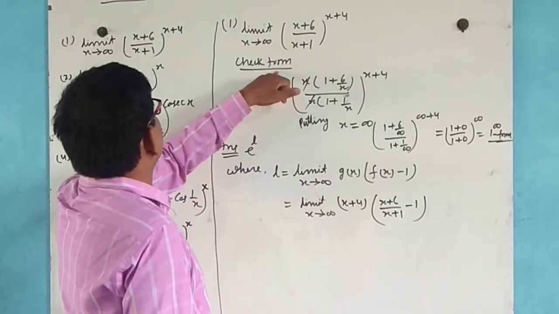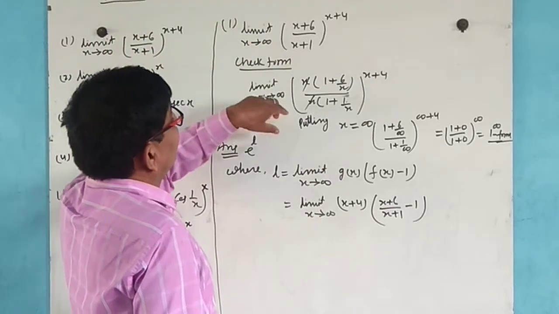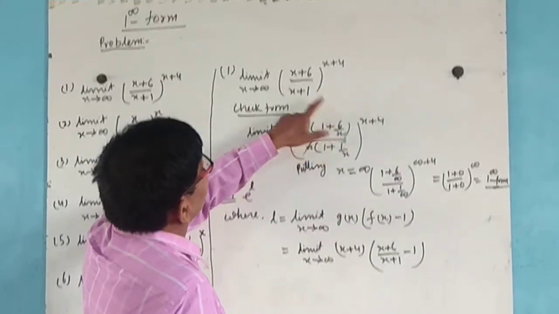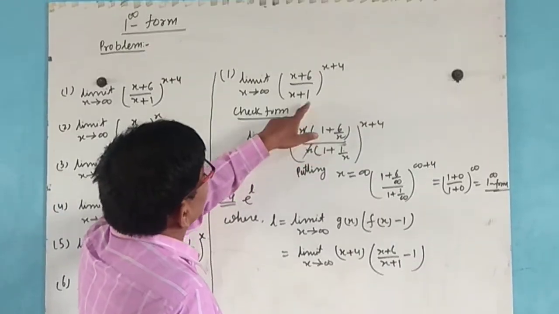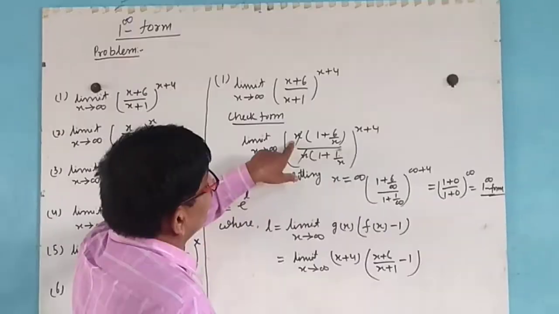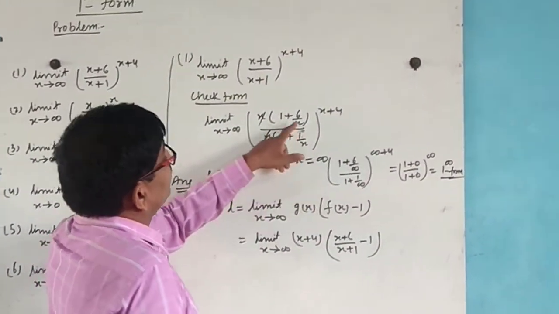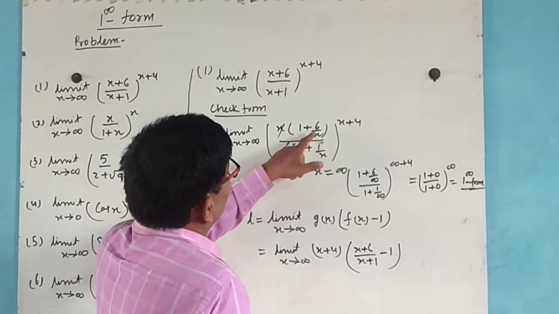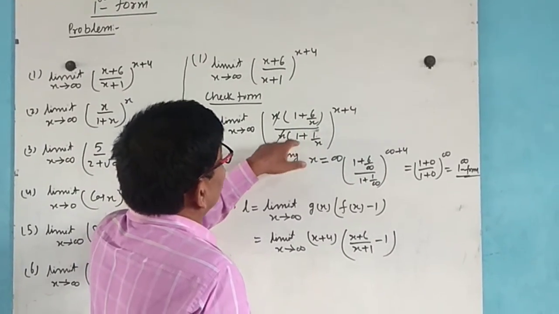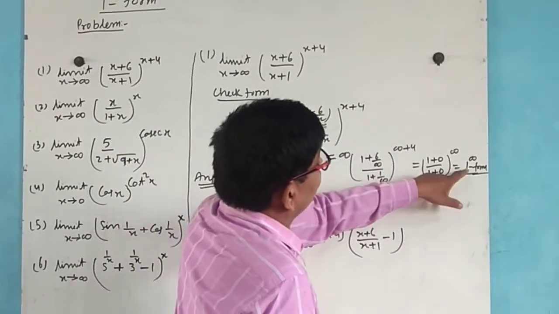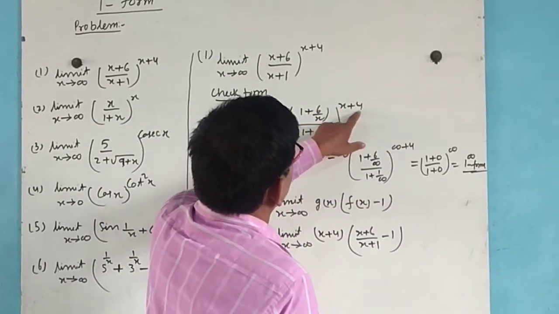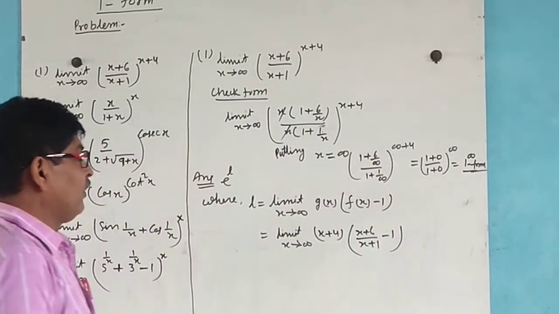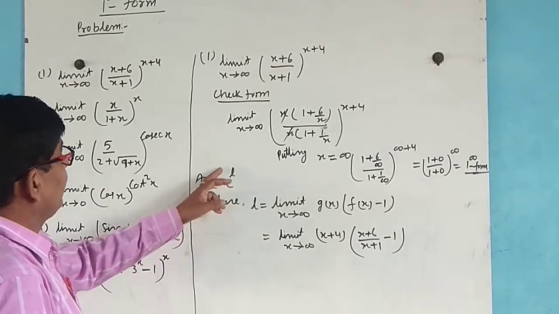Now check the form 1 to the power infinity. First of all, we take x common: 1 plus 6 by x over 1 plus 1 by x, and this x is removed. Putting x equal to infinity, 6 by infinity is 0, 1 by infinity is 0, so 0 plus 1 is 1, and infinity plus 4 is infinity. So it is the form 1 to the power infinity. Now the answer will be e to the power l,